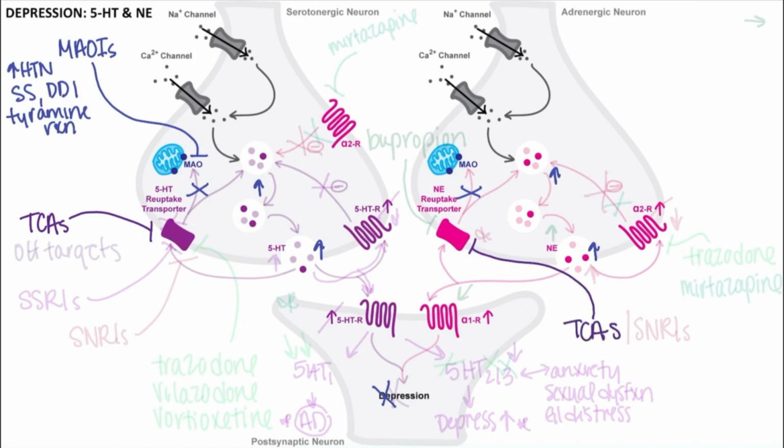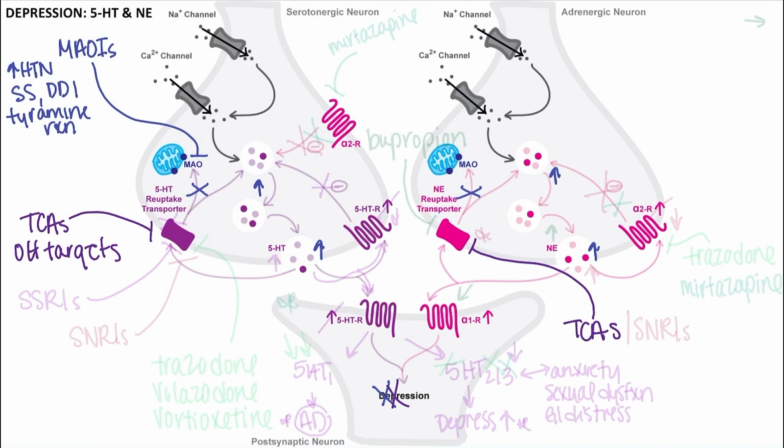And these are going to include agents like amitriptyline, which, remember, will inhibit the reuptake transporters for both serotonin and norepinephrine. So will again increase neurotransmitter levels short term, and then long term lead to receptor regulation, promoting more appropriate signaling and mood. Now remember, these are very dirty drugs in that they have a lot of off-target effects that explain their side effect profile, in addition to the usual side effects you would expect from increased serotonin and norepinephrine levels.